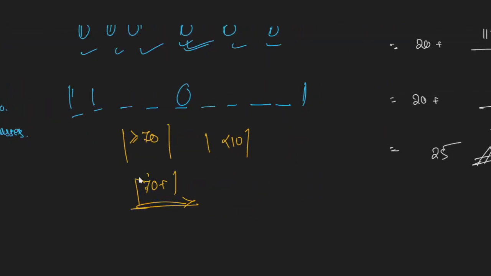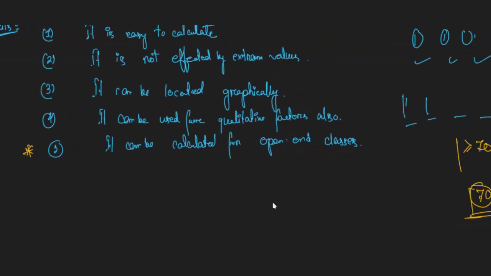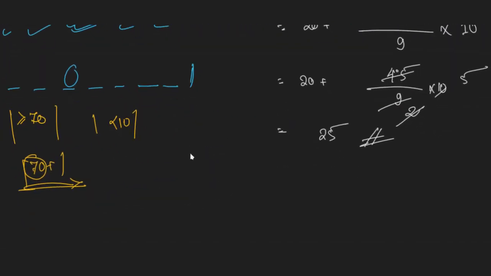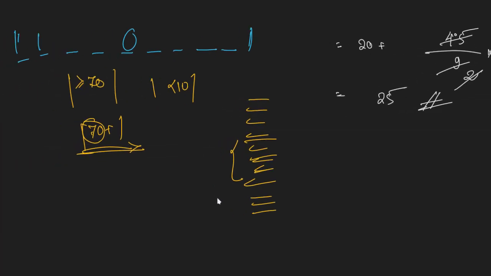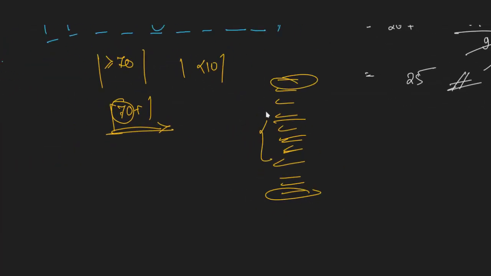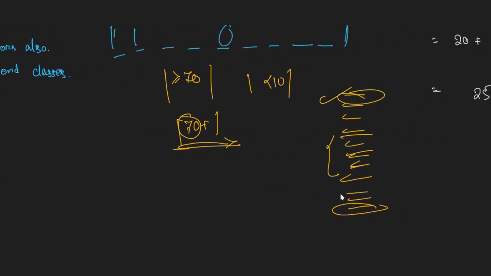But for the median we do not need the midpoint, we only need the lower class limit. That is why we can calculate it for these. And most of the time the median class will be something in between. If you have 5 class intervals, the median class will always come in between, and rarely the extreme point. So that's why it is safe to say that even though there is an open end here on this side, most of the time the open end is never the median class. You will get a closed end class as your median class. So that's why it can